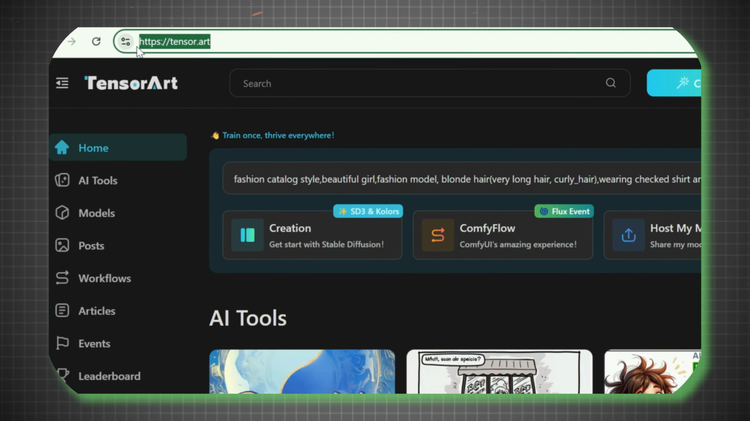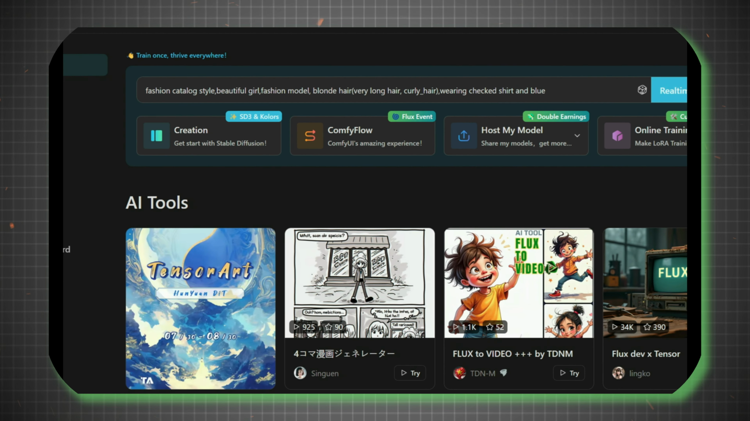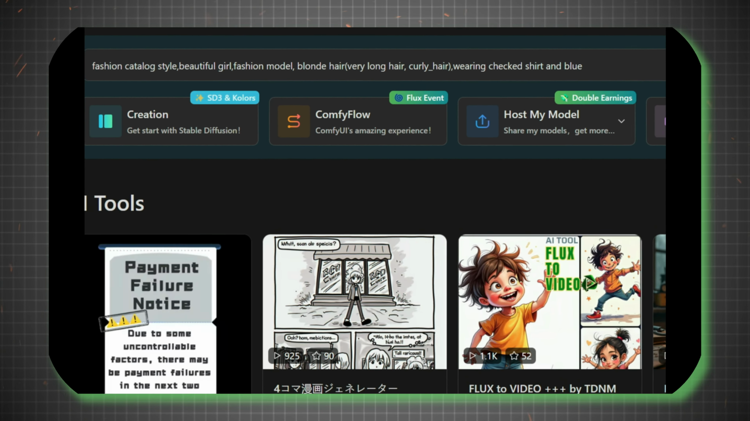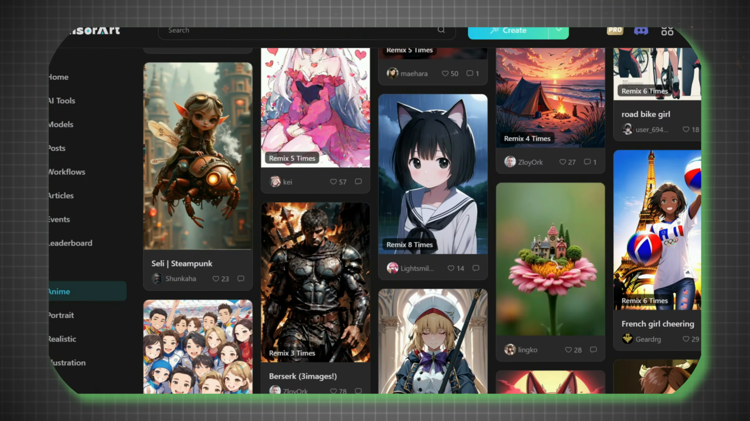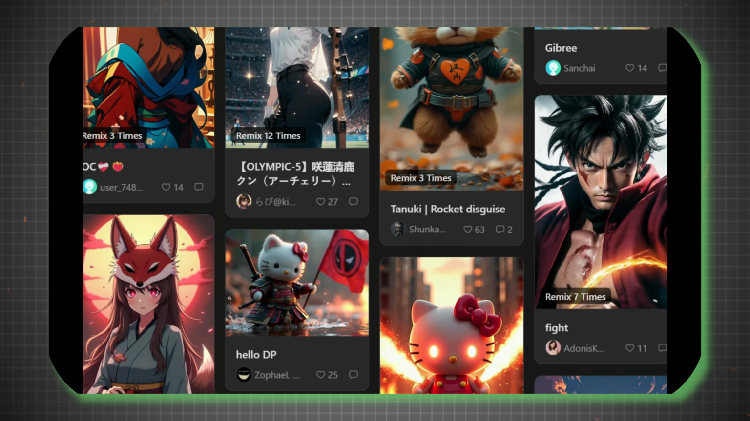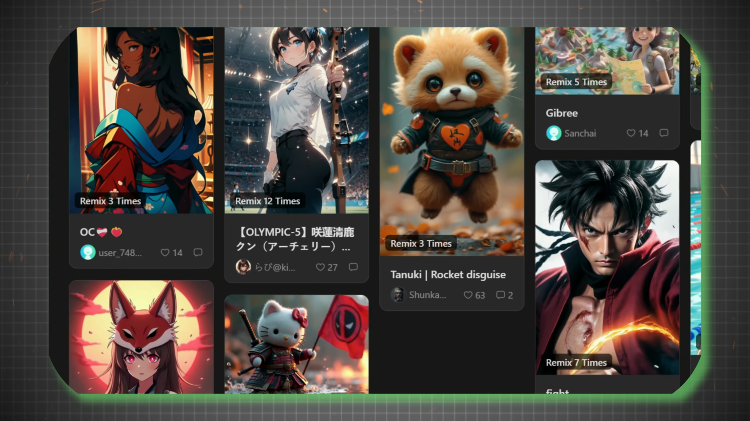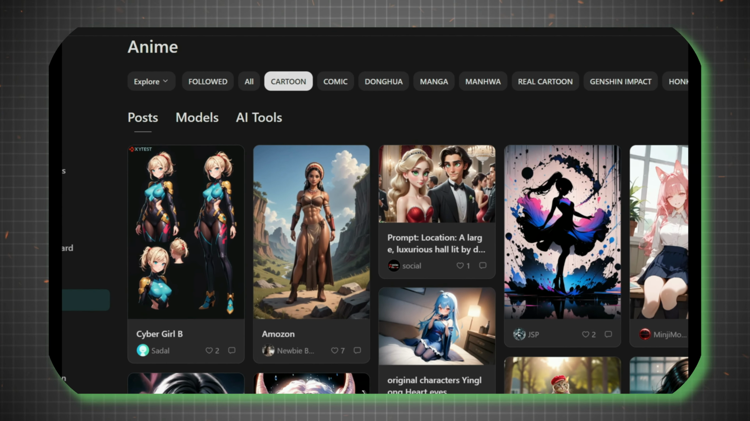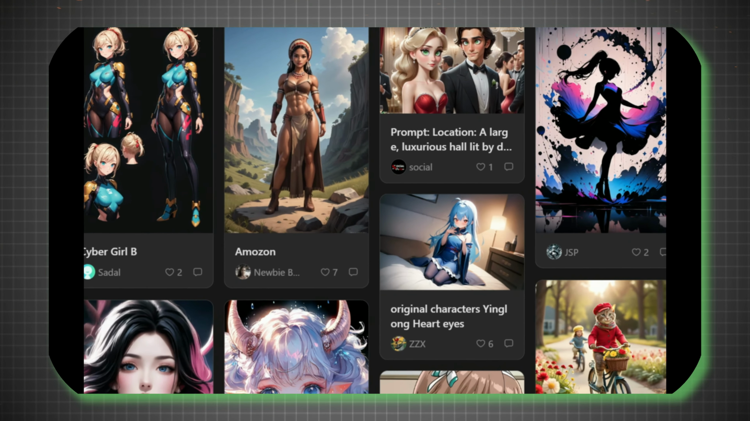Tensor.art is a platform that allows users to create AI-generated art with ease. The website provides tools for generating unique digital artwork using advanced AI models, offering a creative space for artists, designers, and enthusiasts. Users can experiment with different styles and customization options to produce original pieces. Additionally, tensor.art offers 100 free image generations,